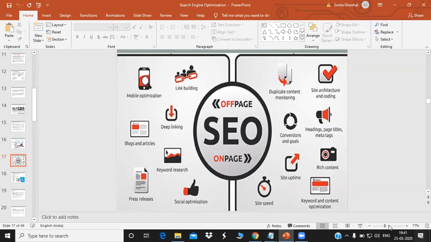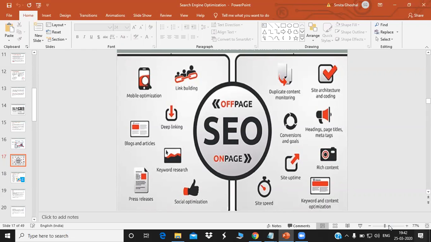Those kind of site architecture and coding you need to take care, like what is the site speed, are the images too heavy, what is the domain authority, what is the page authority, what is your heading, what are your page titles, what is the meta description tag, are they all using keywords which are relevant to your business, then whether your content has a message which is related to the goal of that page,